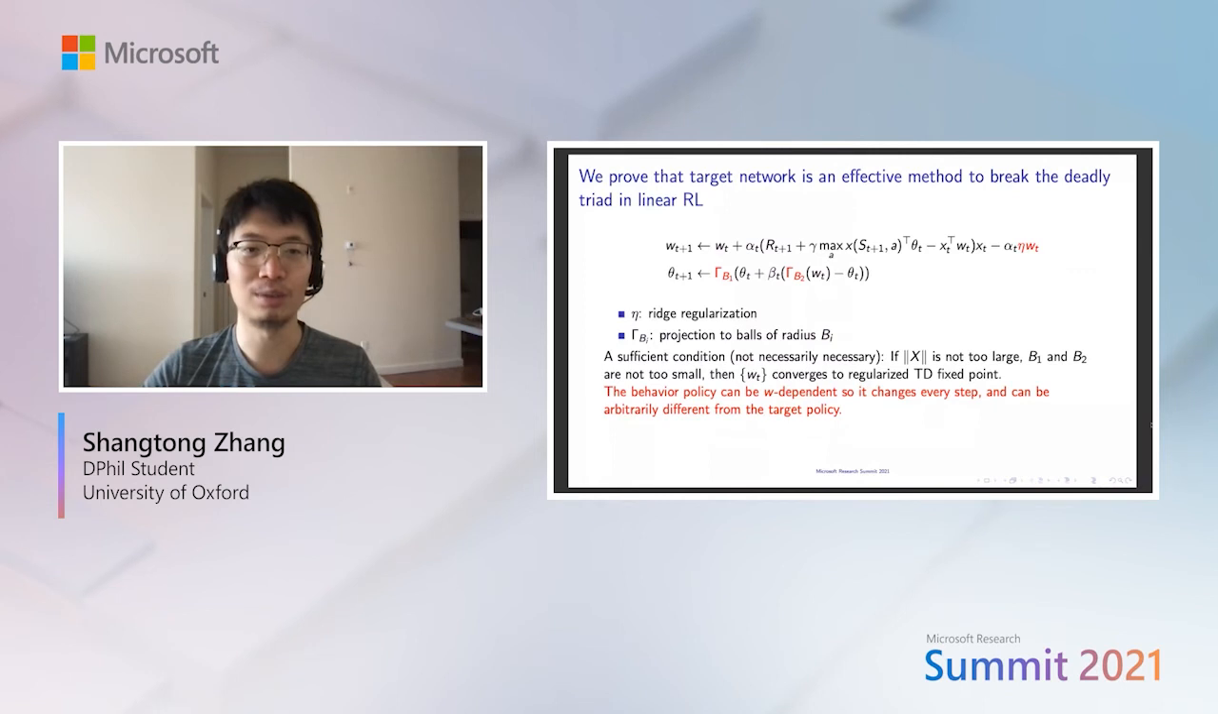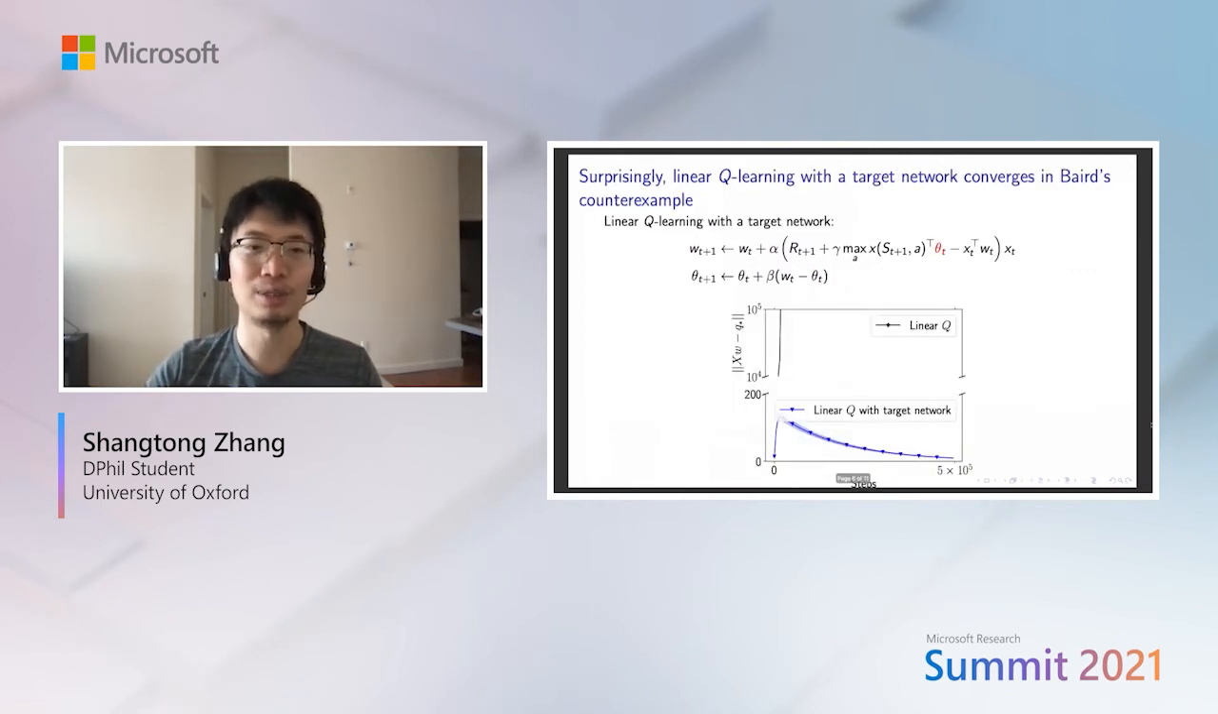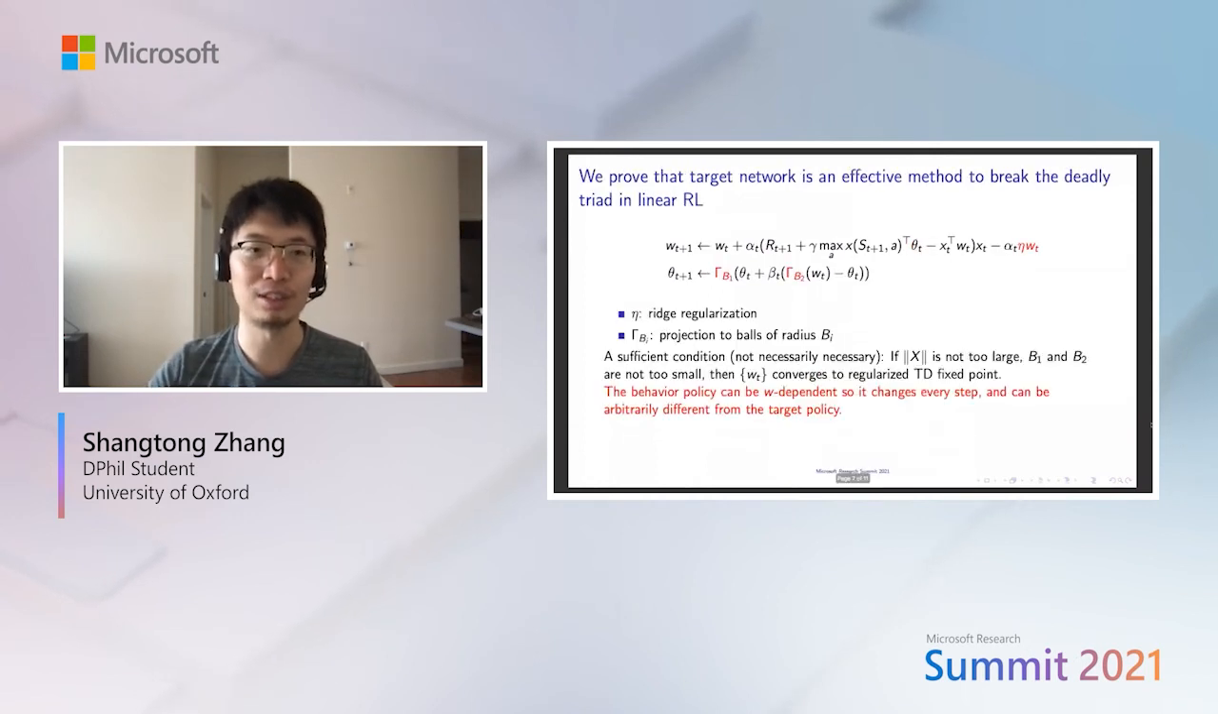So I think this is a very important result, because without target network, we can say the linear Q-learning just diverges. But by using two projections and using the ridge regularization, we can make sure that the iterates generated by linear Q-learning converge. So one important thing to note is that here both the ridge regularization and the projection are